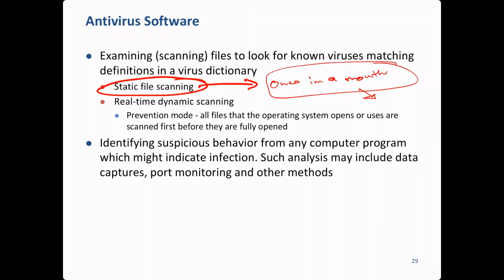A second is real-time dynamic scanning, where when you access a file, suppose you have a file on your hard disk, or you have downloaded something, immediately this software will check whether there's a virus or not. It's called real-time, online. Okay, now many people use this. I don't use it because it's irritating at times, but it's good practice to use this one. Okay, all right.